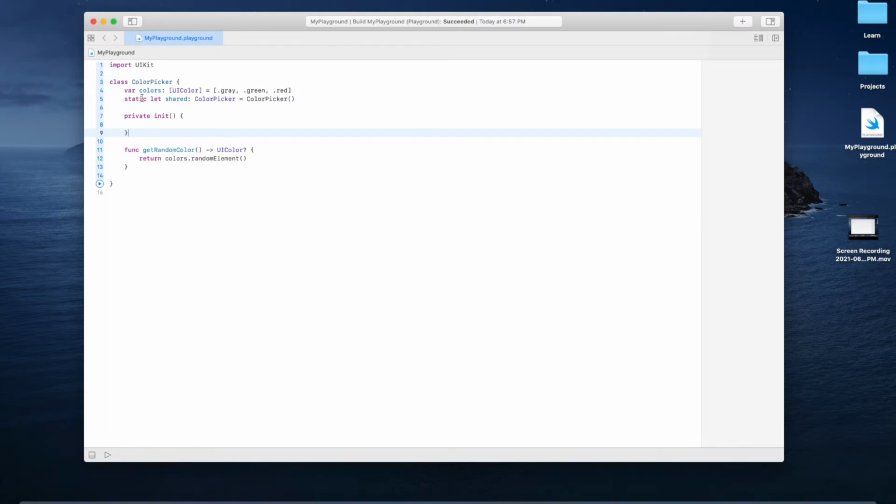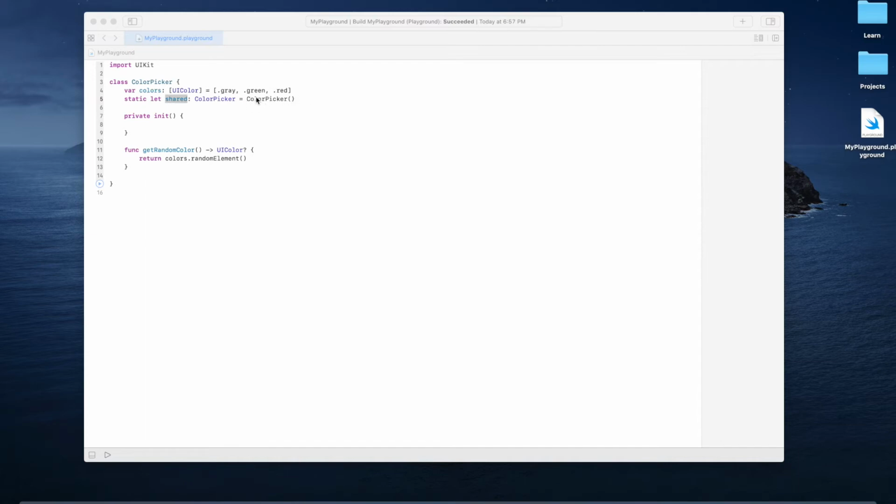By using the static keyword, shared now becomes a class member of the color picker, meaning that without creating an instance, we can access the shared property with the help of the class name itself. We will see that while we are testing the code. The let keyword ensures that shared is a constant, so we cannot change the shared property once we initialize it here.